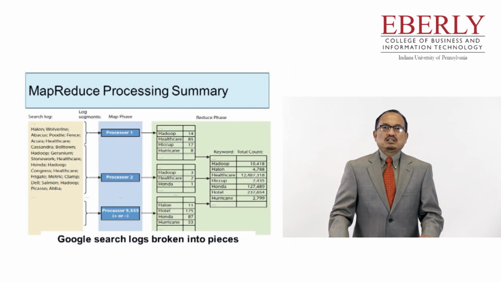This figure shows a small portion of the data. In that section, you can see a portion of the keywords that begin with H. As the processors finish searching, the results are combined in what is referred to as the reduce phase. The result is a list of all terms searched for on a given day and the count of each. The process is considerably more complex than described here, but this is the essence of the idea.